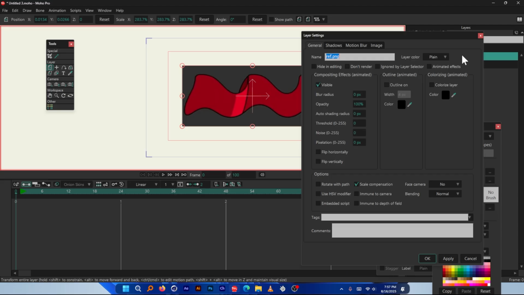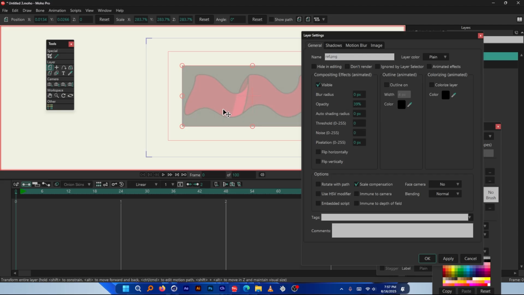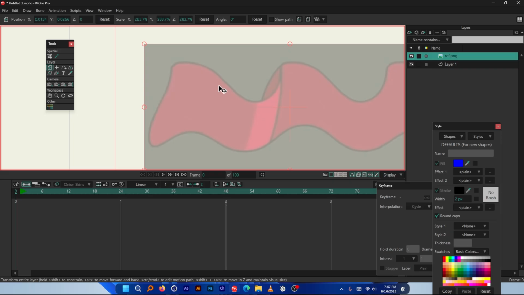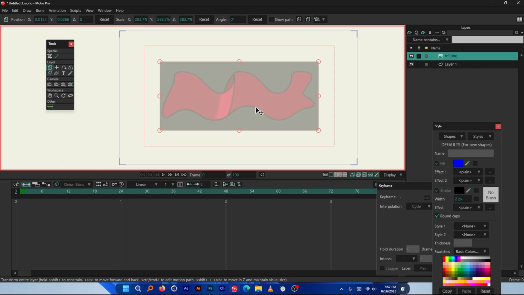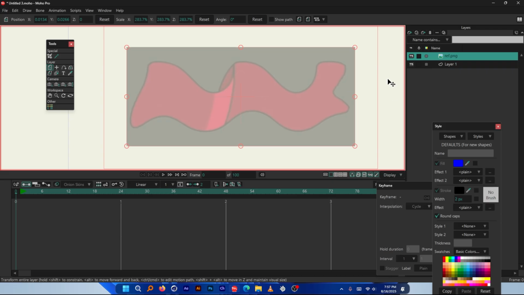I'm also going to double click on top of it and reduce the opacity down to a low number like this. This is fine. Once you're done, press OK. Alright, now we need to trace this. But before that, you need to create a box because we are going to use the liquid shapes to create